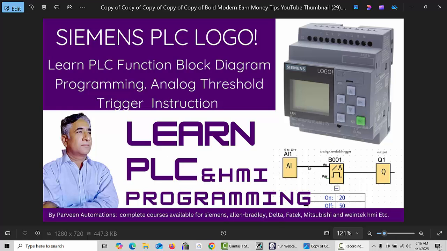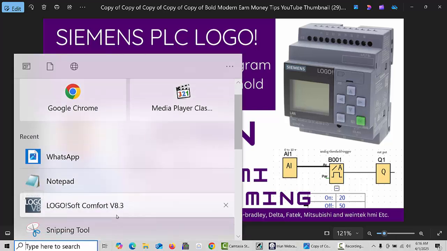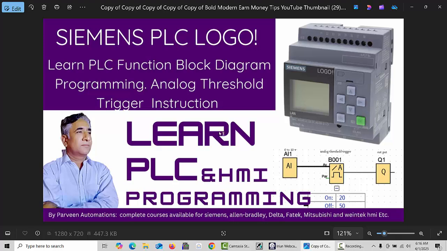In this video, I will explain how we can use the analog threshold trigger instruction in Siemens PLC LOGO. Let's get started. First of all, we will open our LOGO Soft Comfort software,